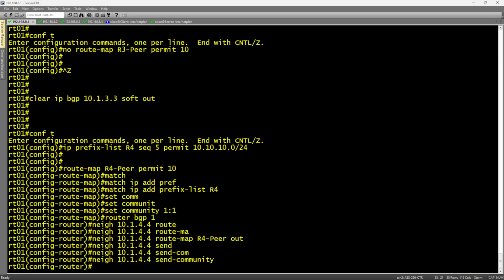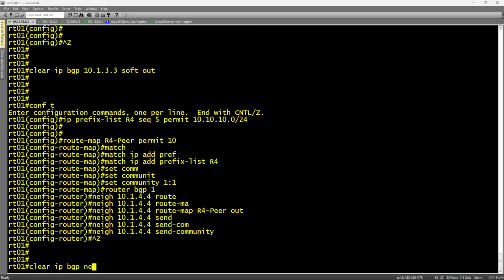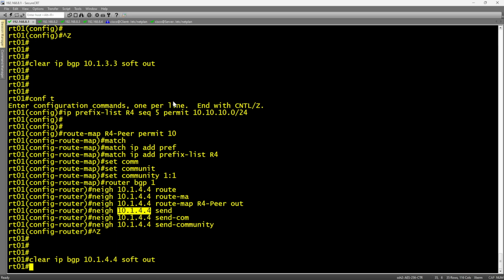The first part that we did for the route map is match the IP prefix, take an action, which is setting the community, but you have to configure send community on your neighbor to actually force the router to send that community to your peer. So now that's done, we'll do clear IP BGP soft out. And then what we'll do is we'll go to router 4